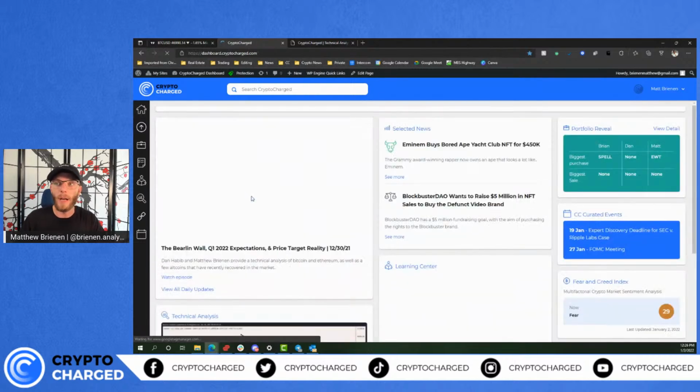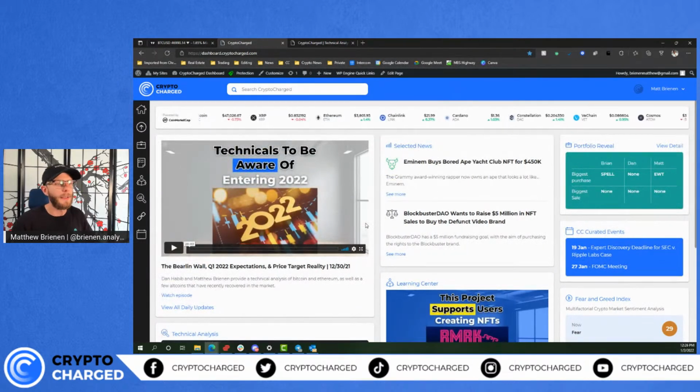We're going to be doing a lot of upgrades to this site throughout these next few months. You are going to love a lot of the stuff we're bringing on. We're going to bring on a coin gallery, so you will be able to see a baseball card style thing of each coin. You'll be able to see our exits and entries, learn a little bit about the coin, see where it's traded, see where to earn interest,